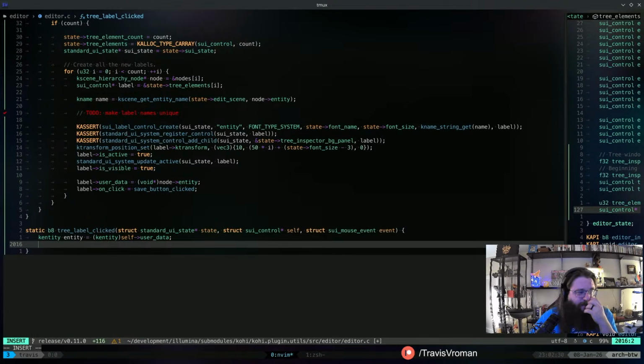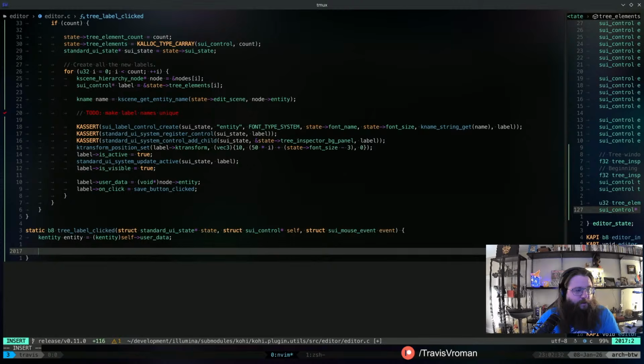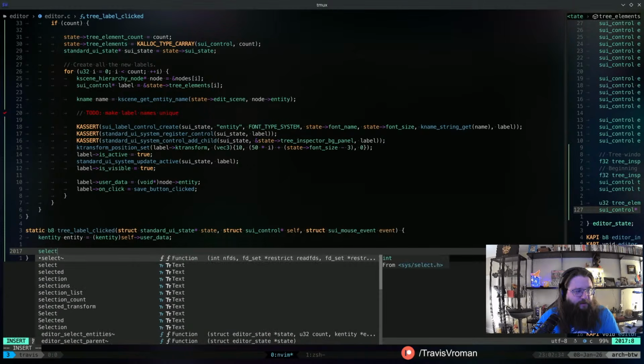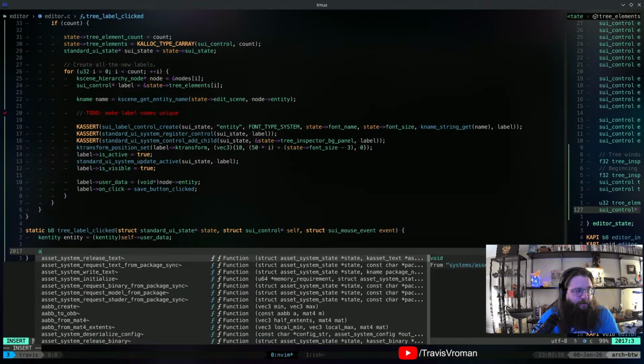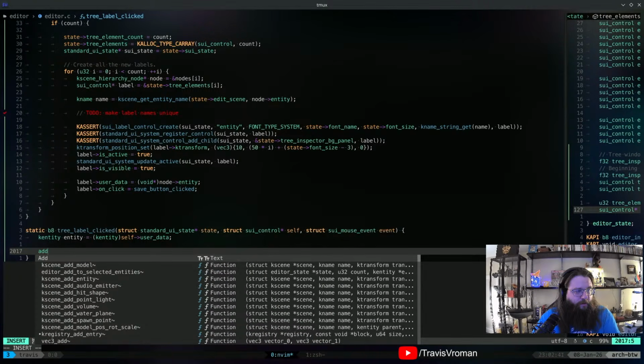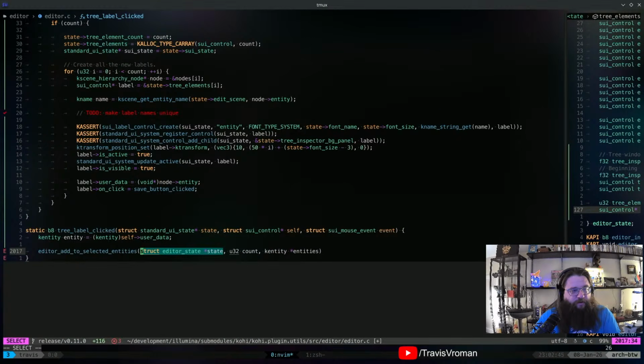And then once we have that, we can do select, what is it? Add to selection. Add to selected entities. Right, so editor state. Oh shoot, we don't have editor state, do we? We might need to figure that out.